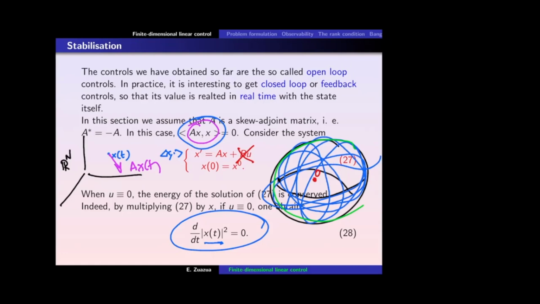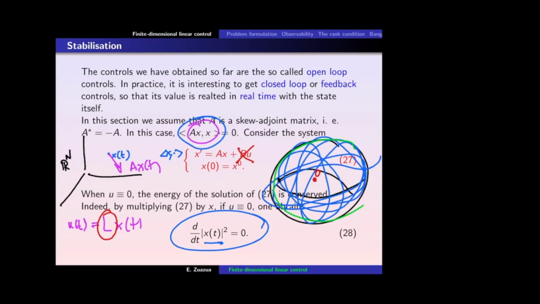You are expecting that there will be some dissipative effect on the system that will generate some friction, some fatigue, so that the system spontaneously goes down to 0. This will never happen, because the system is designed in a perfect manner so that this kind of infinite multidimensional pendulum will never stop. It will go on and on forever. So what do I do? And the answer is feedback control. But the question is, how should I design the feedback operator? How can I design the feedback operator L,